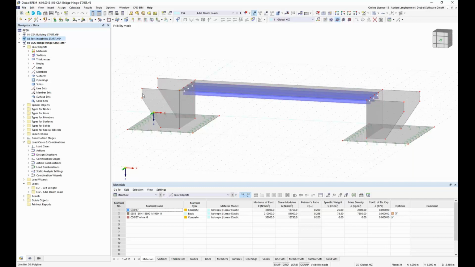So to do this, I open the last construction stage,